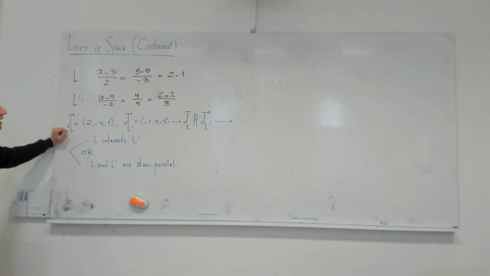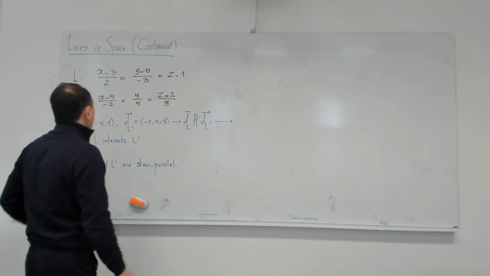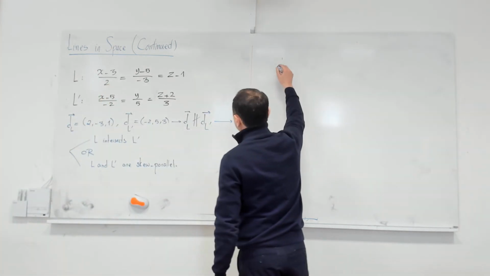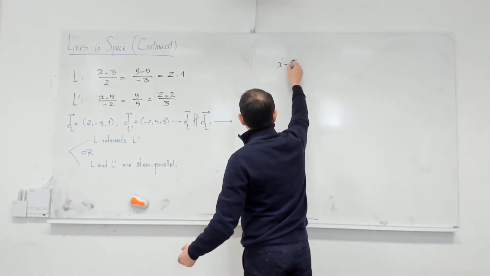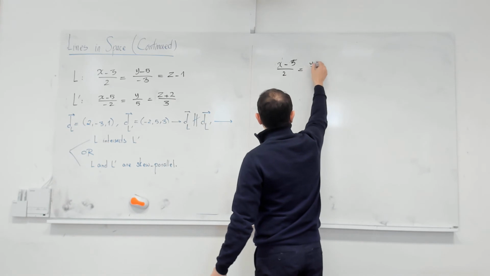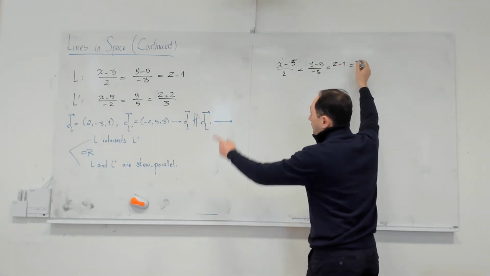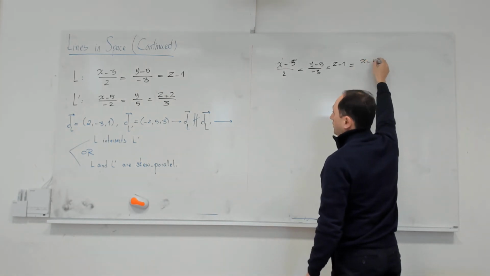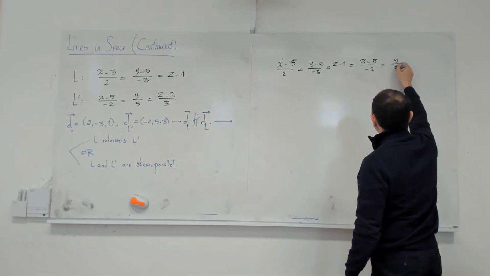by the way, I made a mistake. We cannot equate all of them, can we? Yes, we can, because we want to have them at the same point. You are right, but let us see how it goes. Okay, so if I equate all of them, this is not the way that I have written, but I just want to follow yours. So this is y minus 5 is minus 3 is z minus 1 is equal to x minus 5 divided by minus 2 is equal to y over 5 is equal to